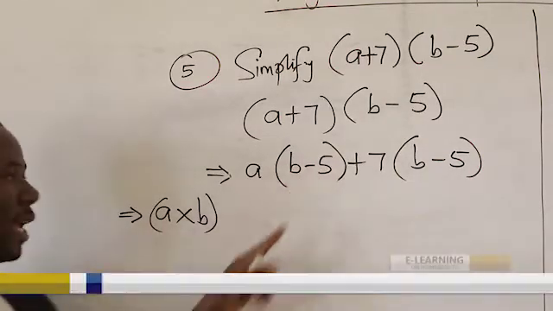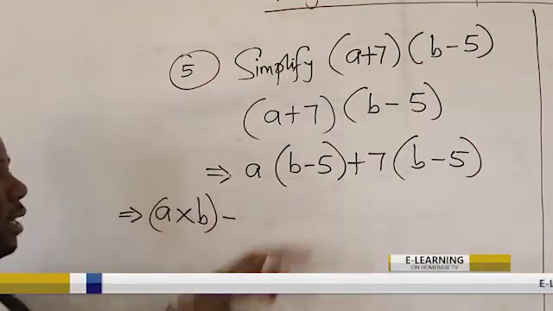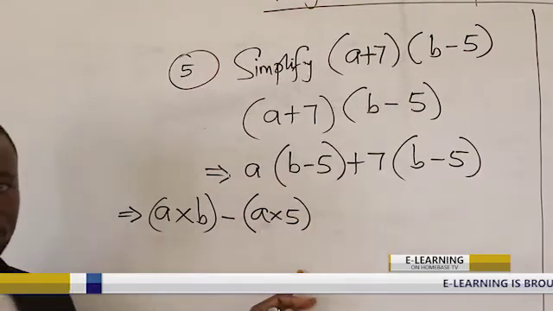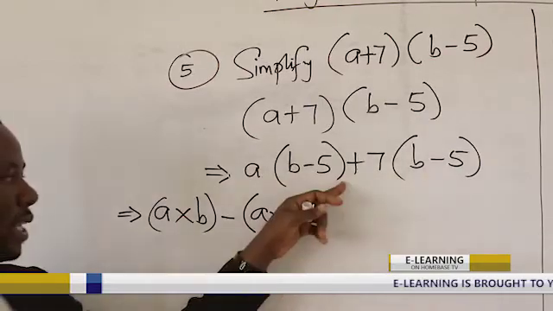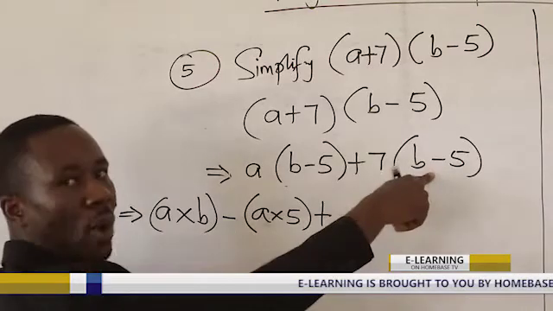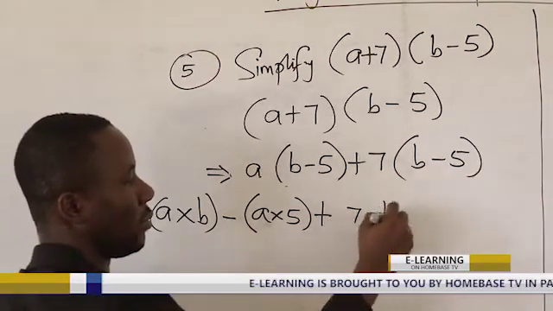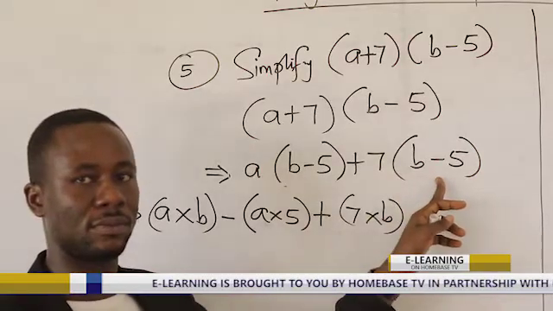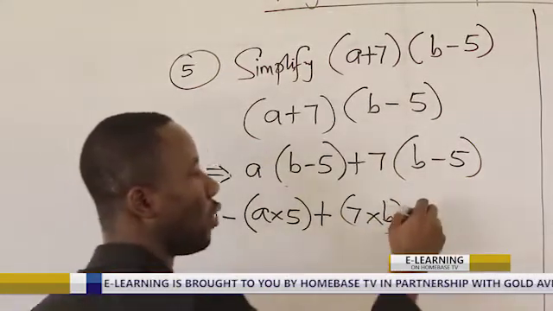I'll bring the subtraction sign, and then you are left with A multiplying the 5. You are done with the first part. Move on to this one. And then move on to